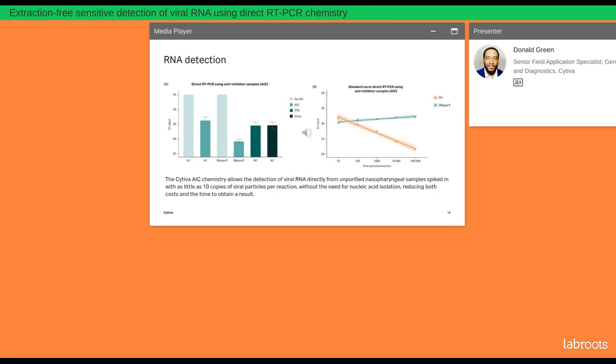Jumping directly into our RNA detection, which is exactly what we need to discuss, right? These are the performance data that you need to see. Just a bit of the background. We'll have a bar plot on your left and a standard curve plot on your right. In the bar plot, you'll see the primer set N1 targeting the N gene of COVID-19 based on CDC